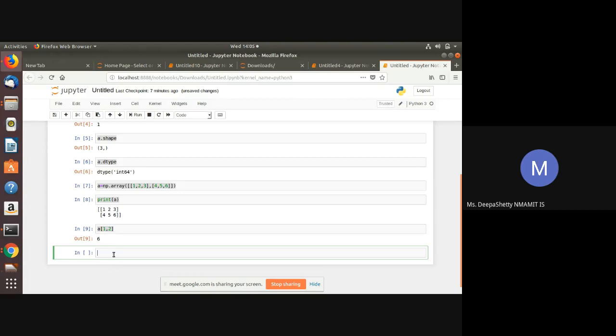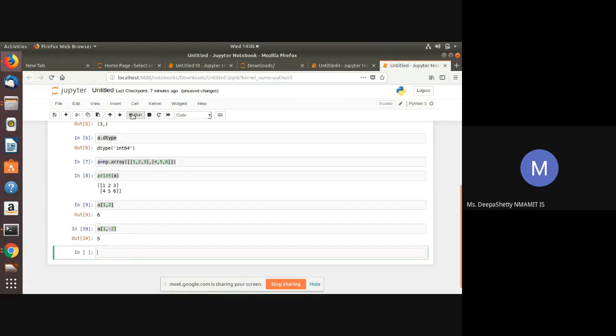We can also access the array index from the end of the array. If we give a of 1 comma minus 2, it will access the element that is present in the first row, second last element. So the element in the first row, second last element is 5. If we want to access the entire row, for example, the entire row 0, we need to give the command a of 0 comma colon.